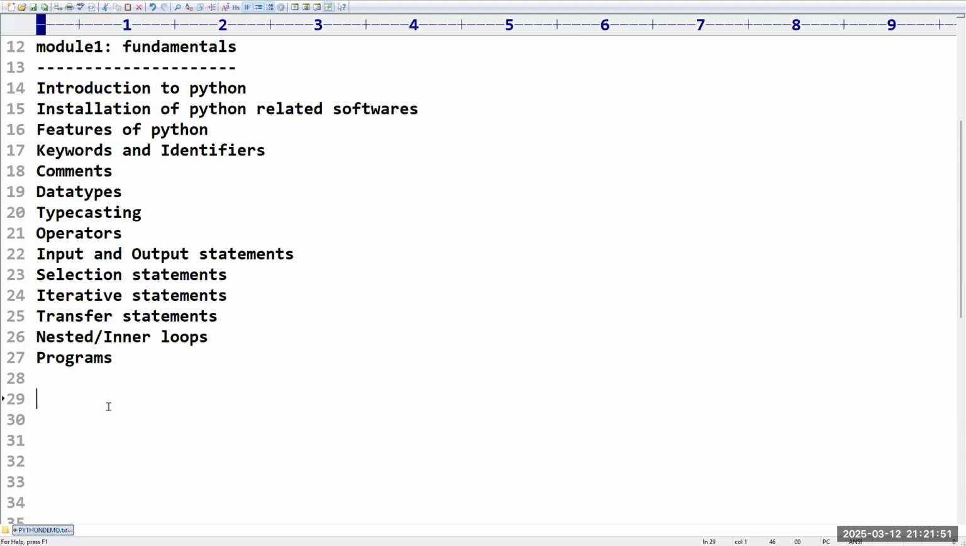More or less, these concepts are similar when compared with any programming language. These concepts are simple. Whatever fundamentals are there in Java or C or C++, almost the same concepts will be there here also. This is the first module that we have. Then